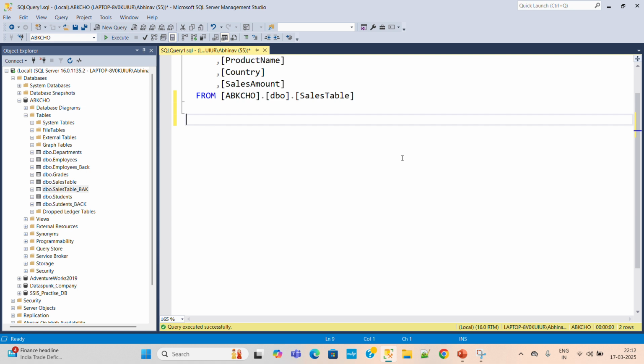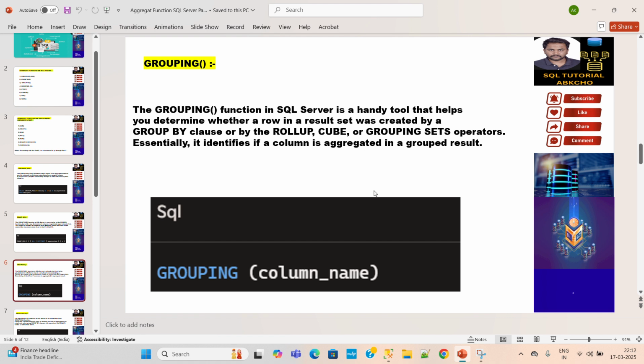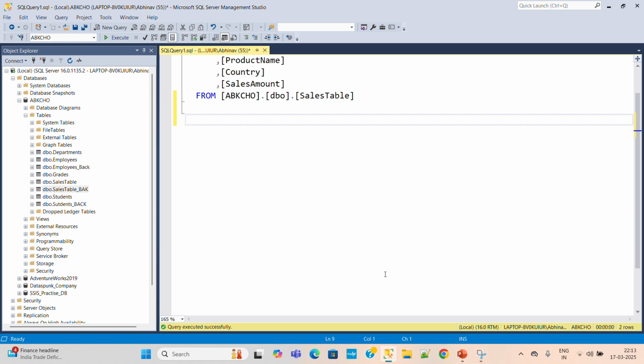So basically the GROUPING function is used with ROLLUP, CUBE and GROUPING SETS concepts. These are a separate concept in themselves, so we will try to make a whole separate video on ROLLUP, CUBE and GROUPING SETS. Those who are aware of this will be able to understand the GROUPING function also. And don't worry if you don't understand, then in the separate video when we create that on ROLLUP, CUBE and GROUPING SETS, you will be easily able to see the relation between GROUPING and these